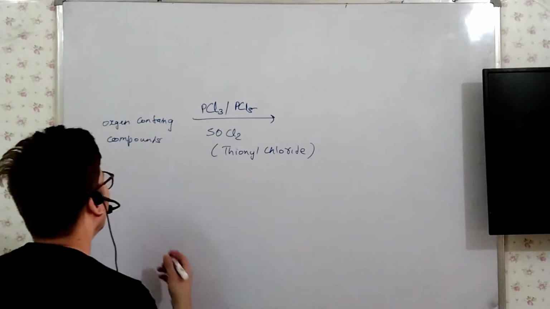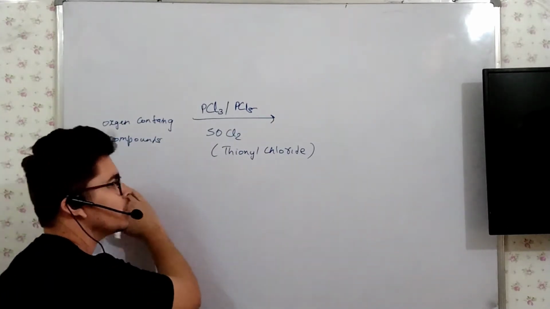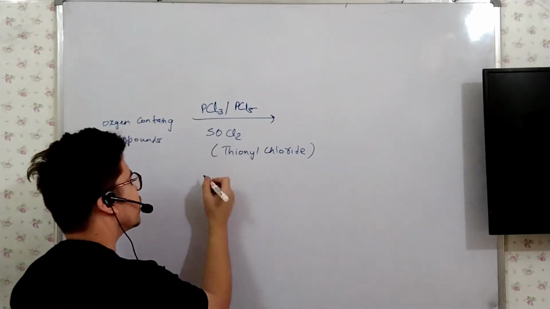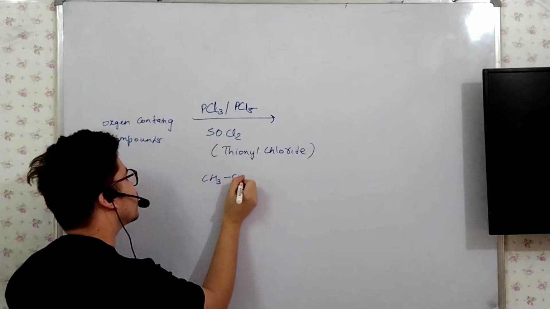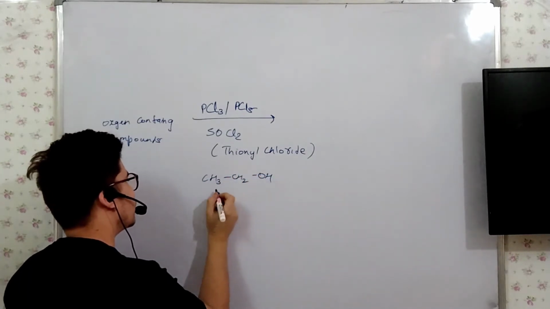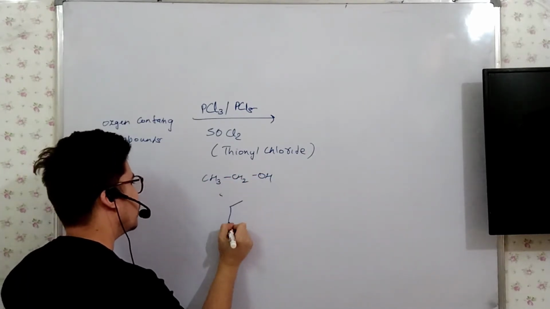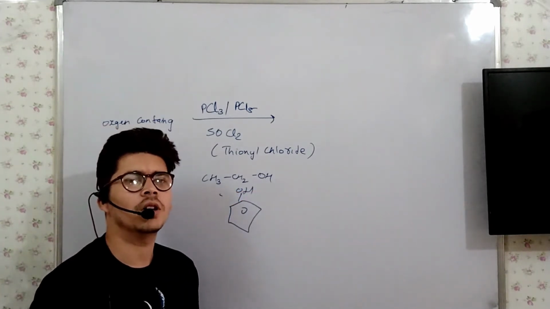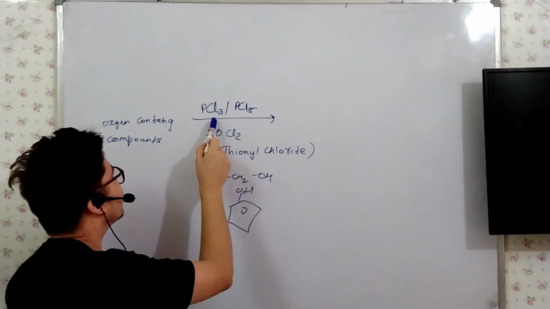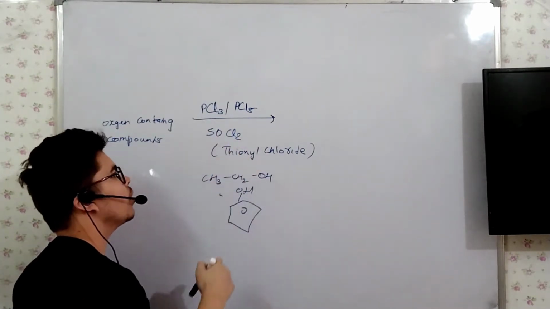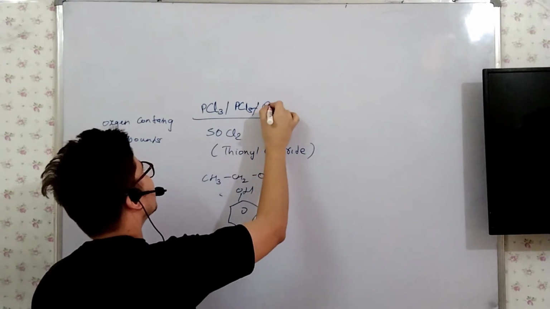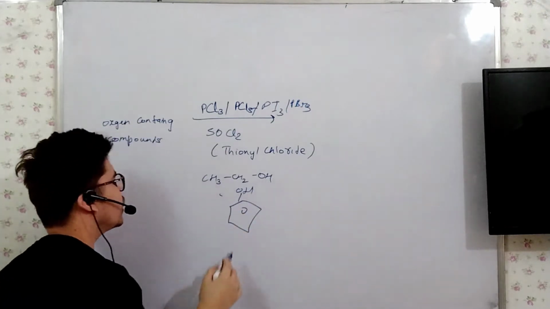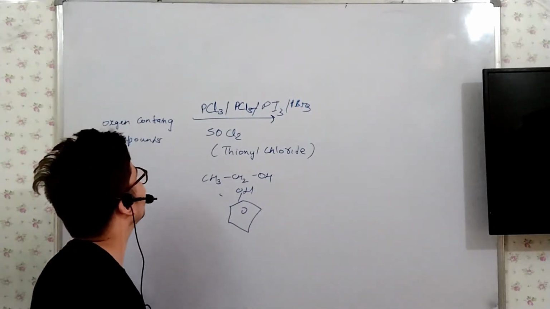The first point is whenever an alcohol is present as the functional group, such as CH3CH2OH, or phenol, remove this OH and replace it by halide ion. Like we have given here PCl3, PCl5. We may also have PI3, PBr3. So we have to remove OH and replace it by halogen.